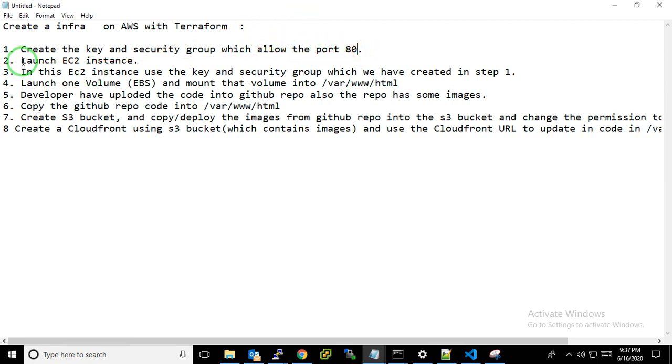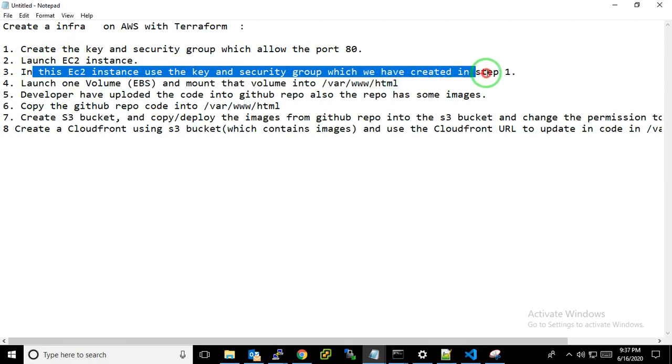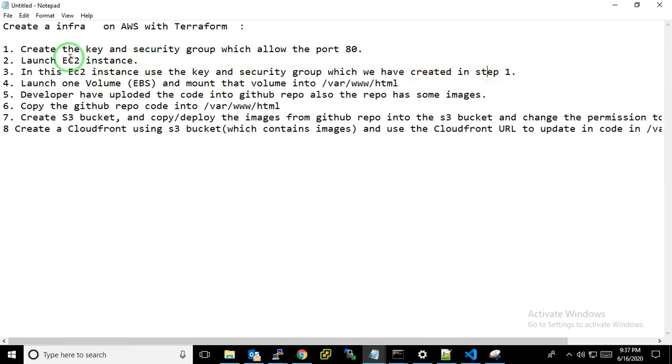Actually, we have to build an EC2 instance and run a web server on it. Before the EC2 is launched, we have to create the key and security group. After that, we have to launch the EBS volume, and we have to mount our new volume on /var/www/html, which is the web server path.